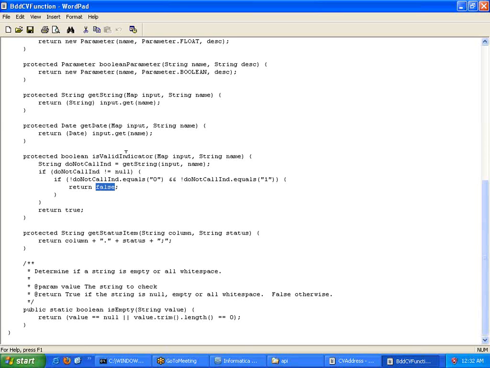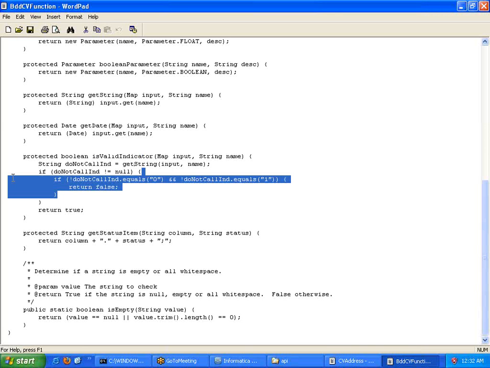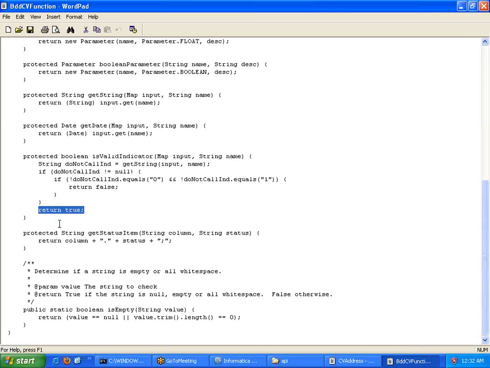If you pass the right indicator value, which is 0 or 1, then control will not enter this particular block. It comes out, where it is going to return true, which means whatever the user has supplied, those values are proper. So we don't need to think about returning false. So this is one indicator method. Likewise you can build any number of methods.